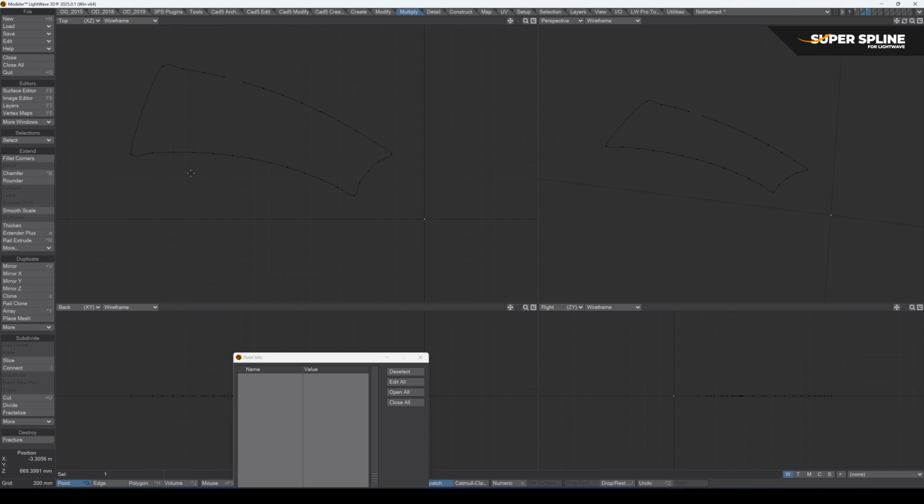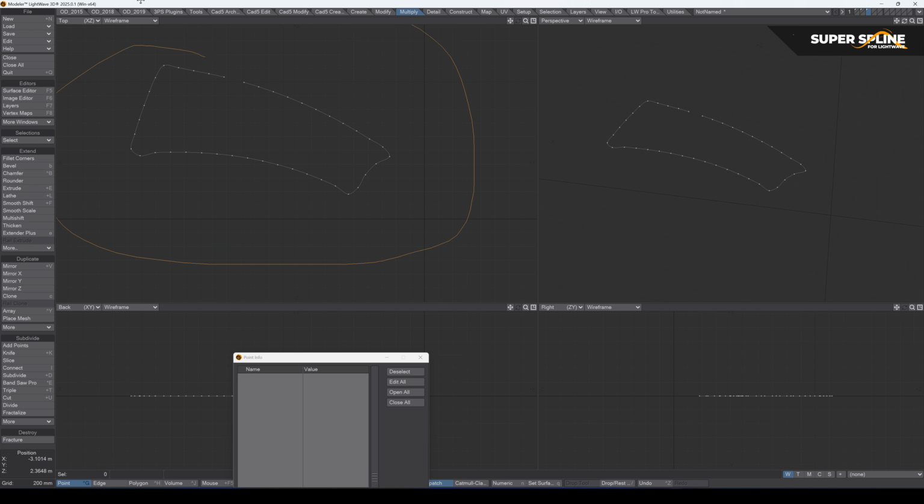So let's go rail clone. I'm going to have 40 points, orientated, align to start, and then we've got this. Okay, so now if I just select all of those, Control P,